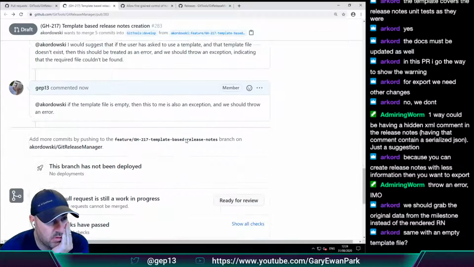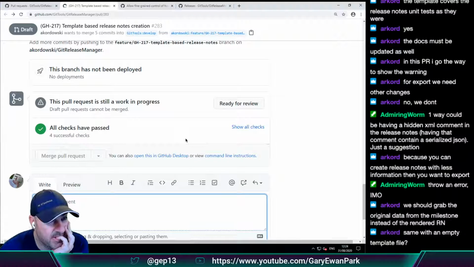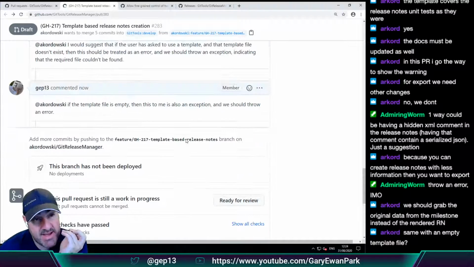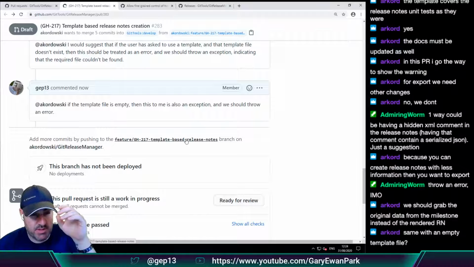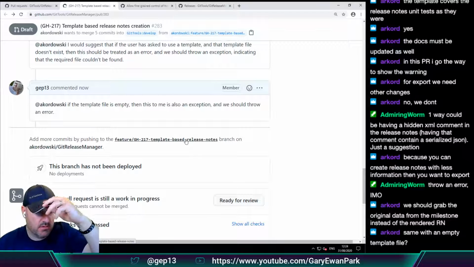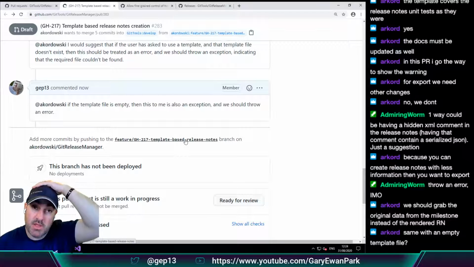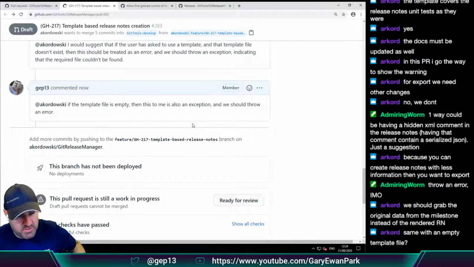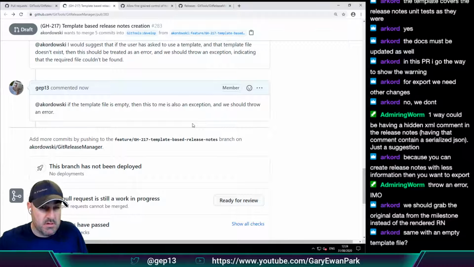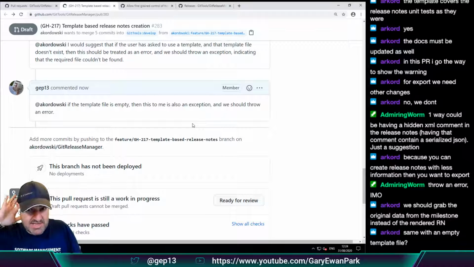So that to me is that. In terms of what you were speaking about, Kim, in the issue with regard to having multiple template files, is that something we should address here, or is that a separate issue?